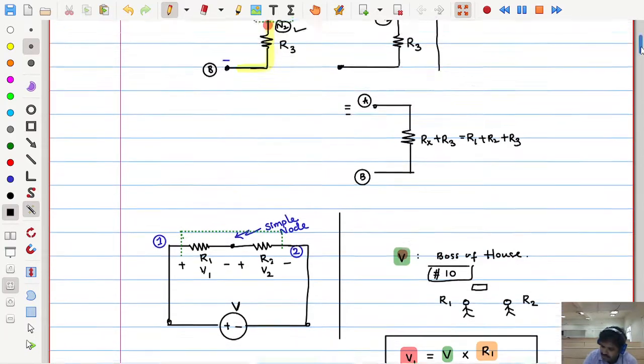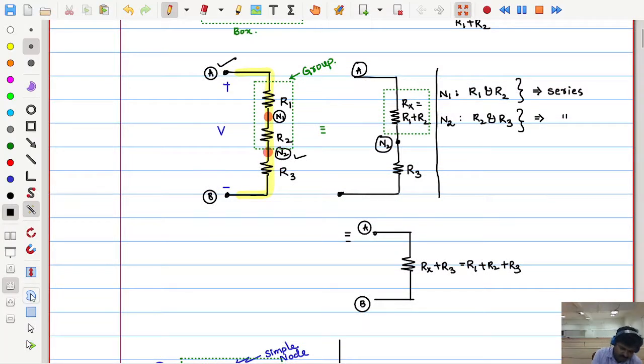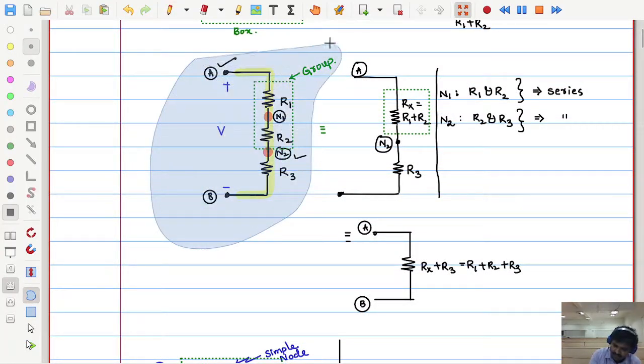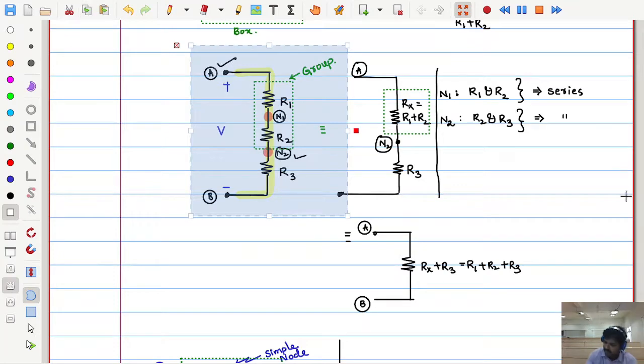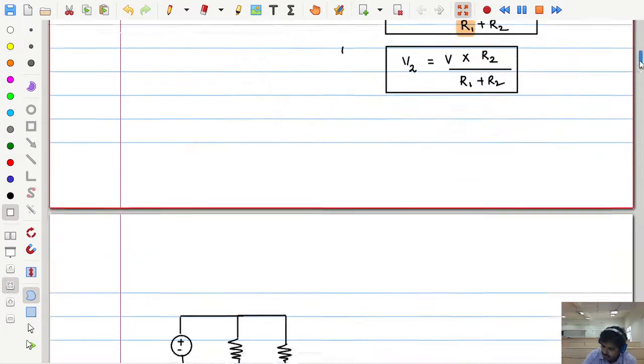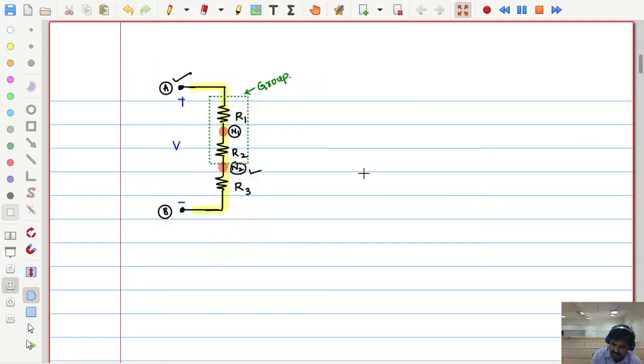Now, if I have three elements like this, what do we do? How does the distribution take place? Let us see. If I have three like this, 3 means actually it might be only two, you and your brother, but your cousin might have come due to holidays and came to your house. Now all together you are 3. Out of which 2 are your own brother and sister and 1 is a cousin.